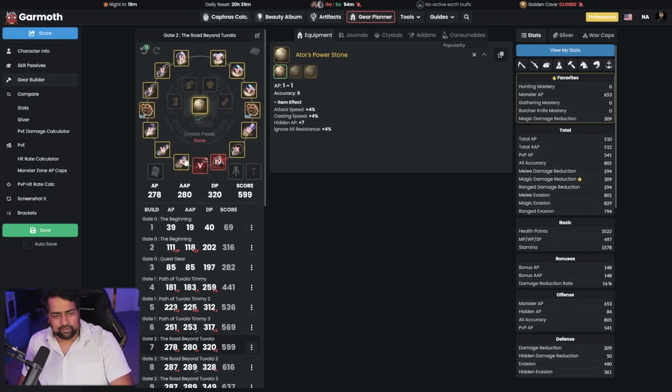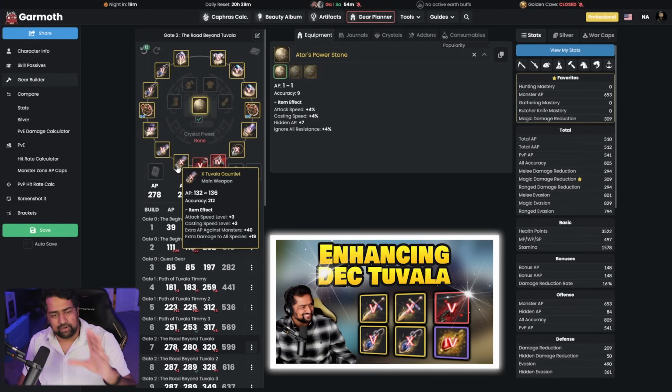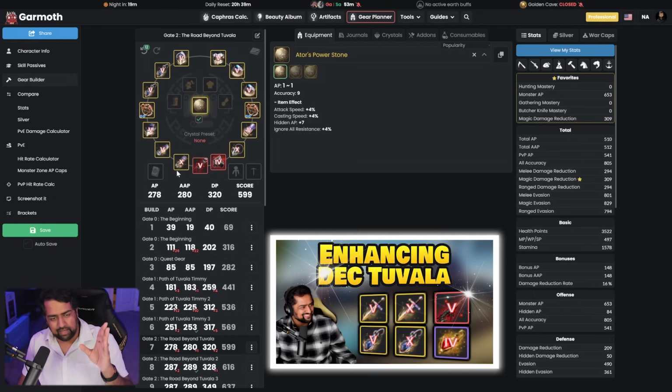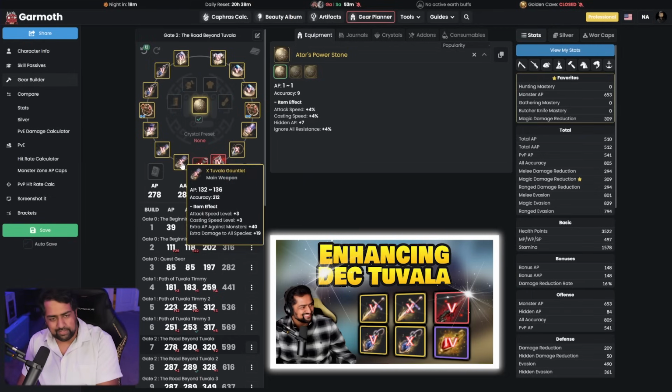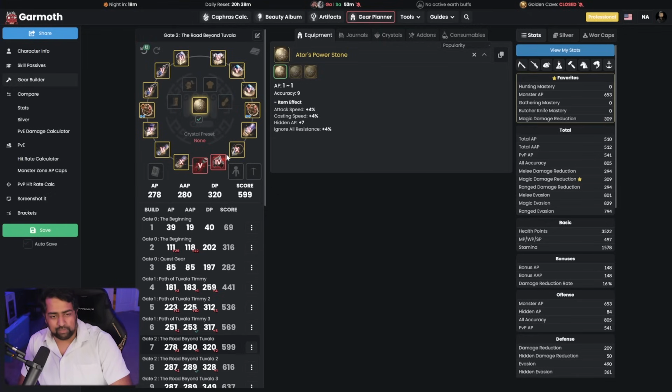Now, as for the Dec Tuvala weapons, I'm going to link a video in the description down below where I go through the whole process of starting the enhancements of getting a Tuvala weapon from PEN to Dec. Make sure you go check out that video if you need to understand the process of doing these two. But here I'm going to explain which items are supposed to be the Dec weapons. So